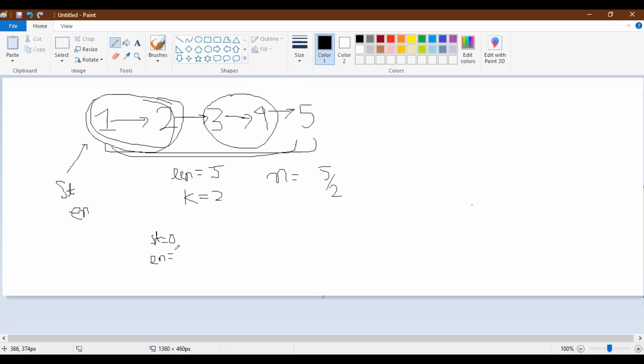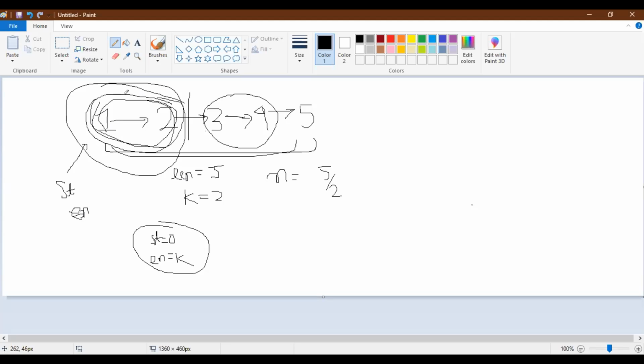I'm talking about index, because I have to reverse up to 0, 1, up to 2. Up to this point I have to reverse. If you are talking per index, then your en should be k minus 1, right? I'm just asking. Actually, I am doing it from st up to en. I took 2 pointers, and for the first group I'm reversing.